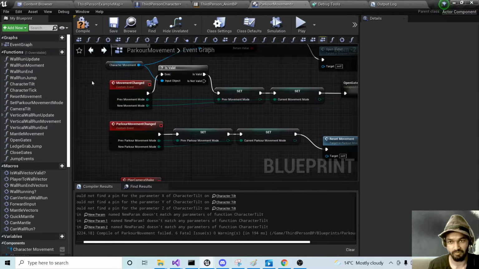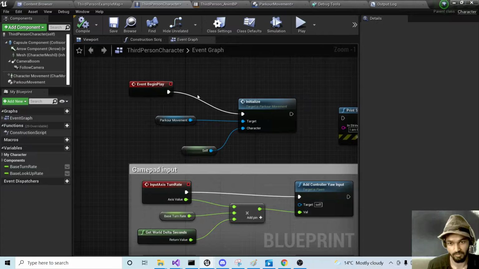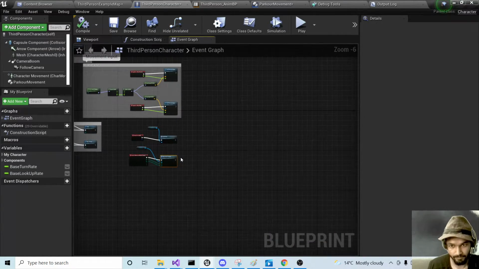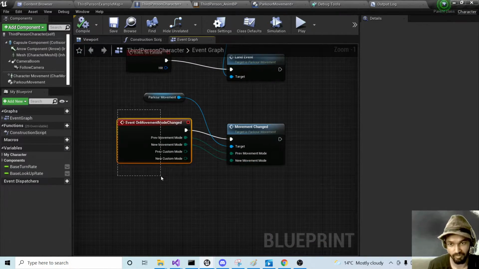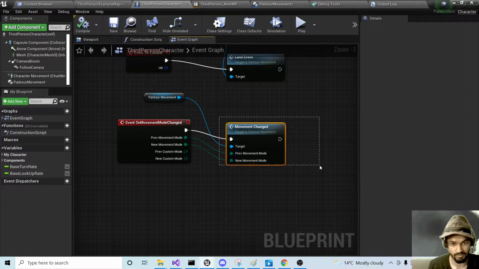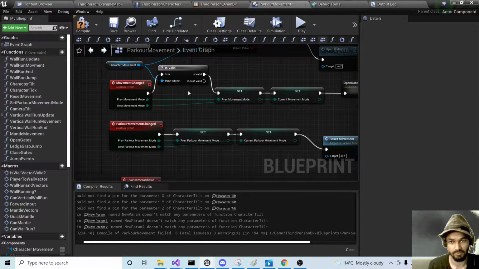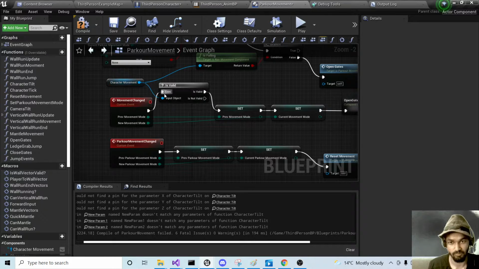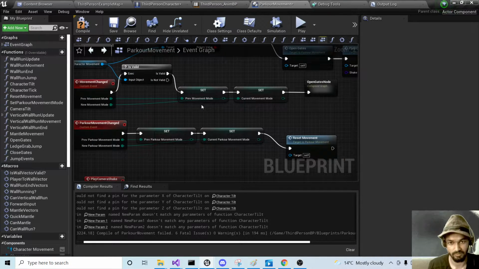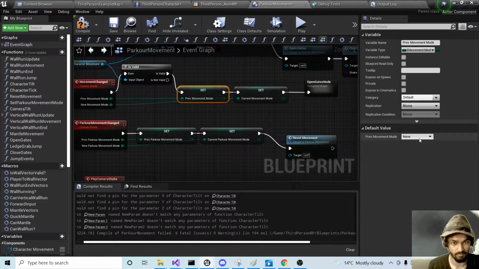Now let's take a look at how we're deciding which movement we're on. Movement changed is basically an event that we call in the third person character, as we saw before down here. So we've got an inbuilt on movement mode changed event, and when that is called, we call our custom event from the Parkour movement blueprint. What that does is it checks if this character movement is still valid, then it's going to set these local variables, which are of the type